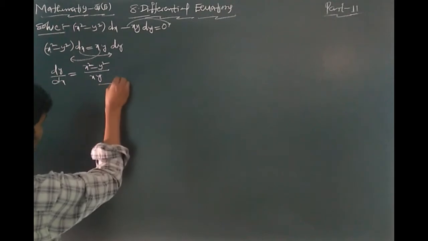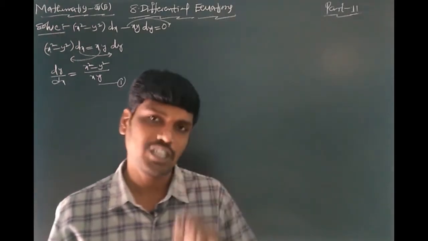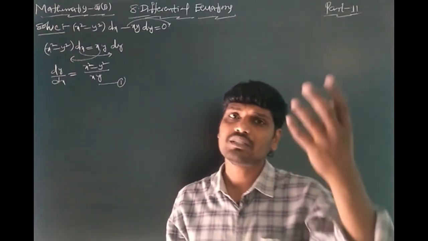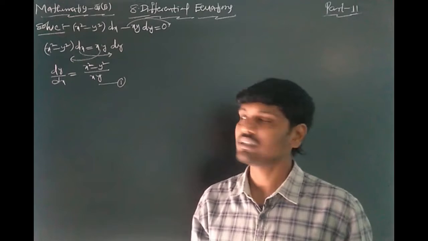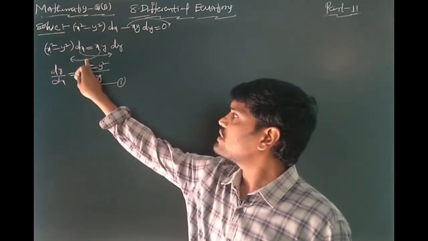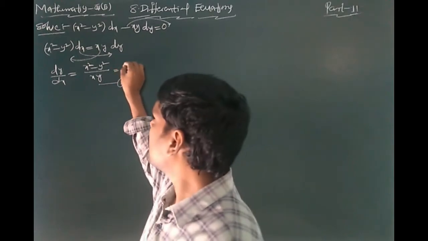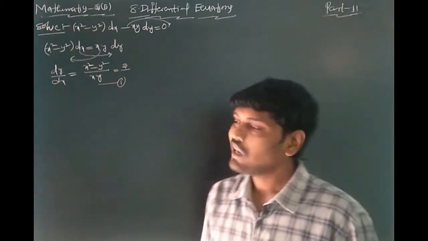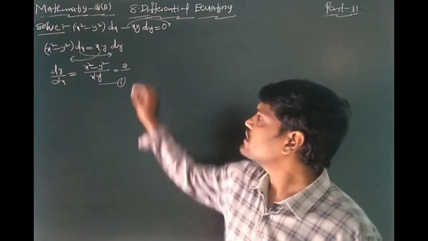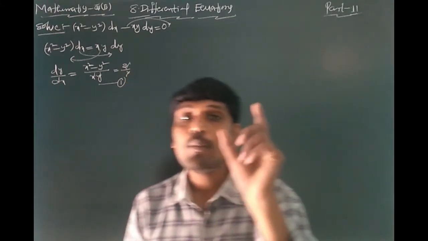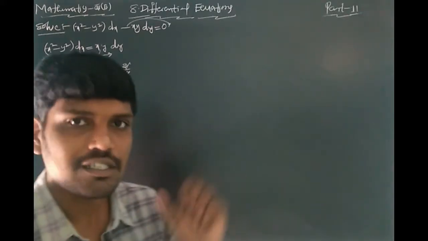See students, is this a homogeneous differential equation or not? Check. Here what is the condition? Shortcut condition, you explained in the last class. Here the degree of x is 2, the degree of y is 2. Both degrees are equal, that's why the degree of numerator is 2. Degree of denominator 1 plus 1, how much? 2. This is a homogeneous differential equation. Which order? First order.